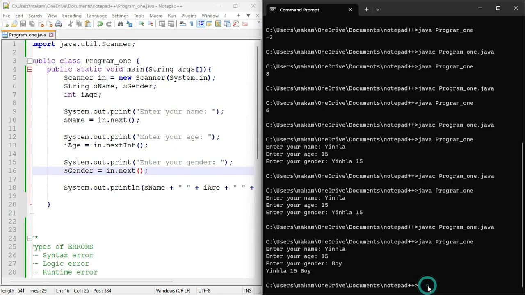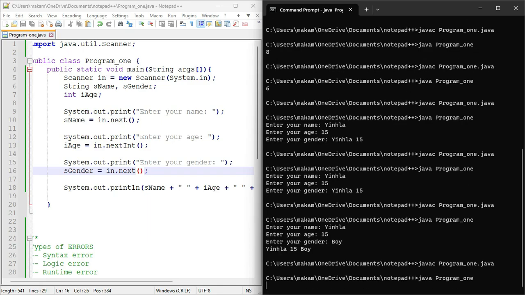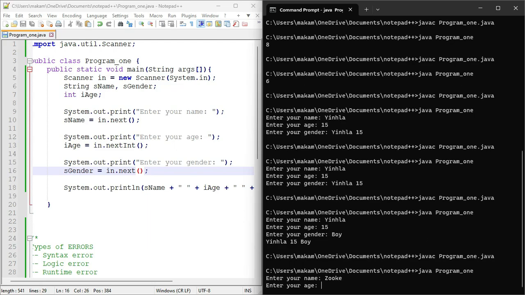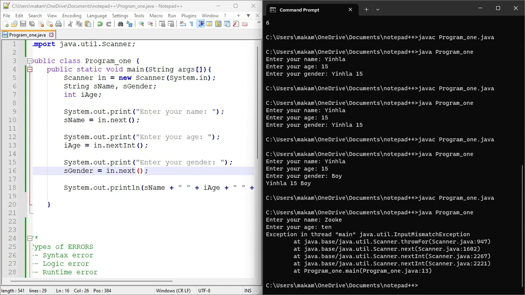Now let's try this again, and we're gonna try and get a runtime error. Right? So enter your name. Right? So here it is. I entered my nickname, and then it says enter your age. Right? So it's expecting a number. Right? So what happens now if I don't type a number inside it? To be more specific, it's expecting an integer. Right? So what happens if I type maybe ten, right? Like I write ten in word form. Right? So when I hit enter, as you can see,